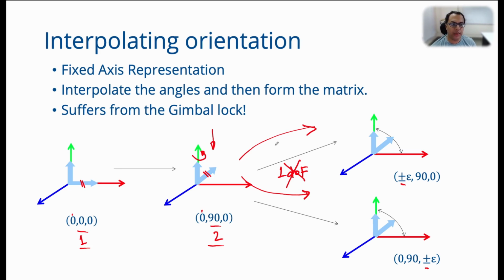Well, if two rotations are giving you the same change in orientation, then usually it is the third axis that has got you stuck in the gimbal lock. Change the third rotation slightly. You just have to change it slightly. So go from 90 to say 89.9 and you're out of the gimbal lock. By the way, this does not happen only at y equal to 90. It can happen in various other configurations.